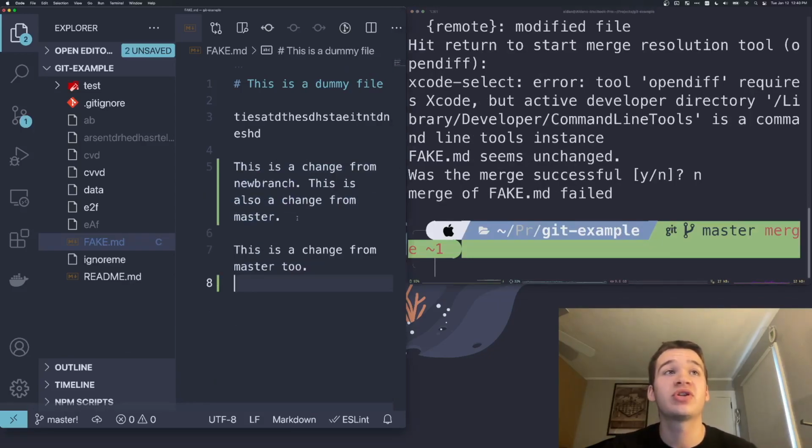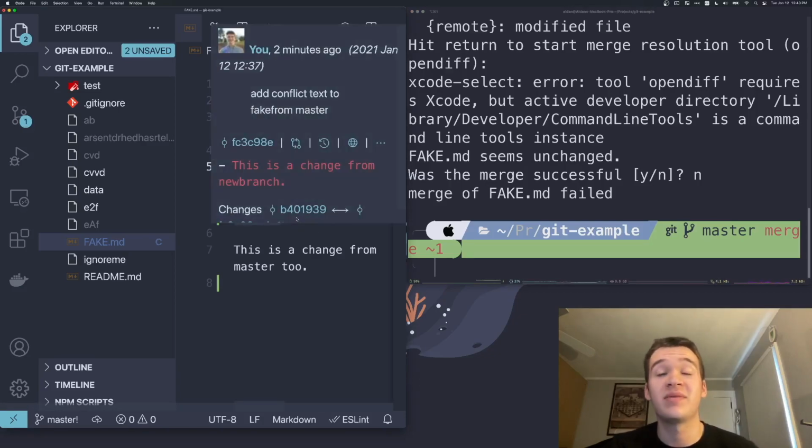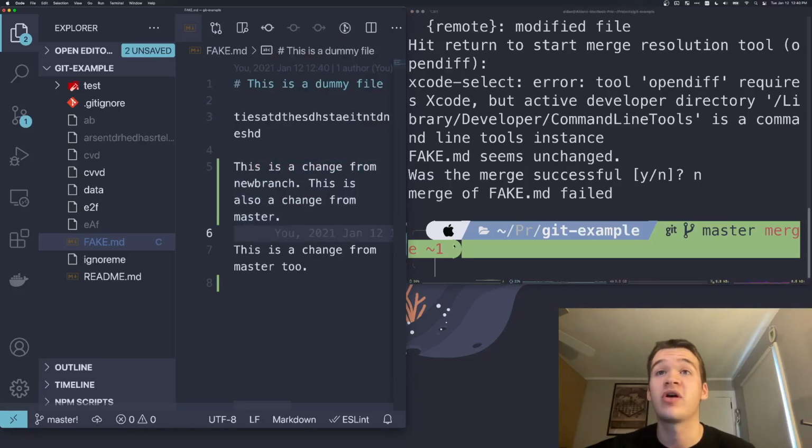So if we just do accept the current change, then you will see that now it's going to make the file look like it did from the master branch because that is what we were working off of. So let's say we just wanted to end up using the master branch for this merge anyway. So once we are done with that merge right here, we can just go ahead and finish up